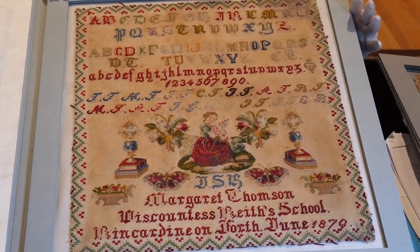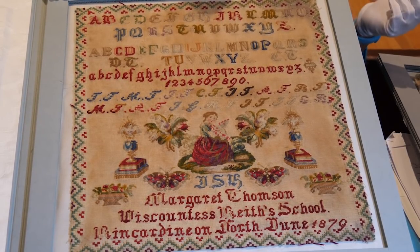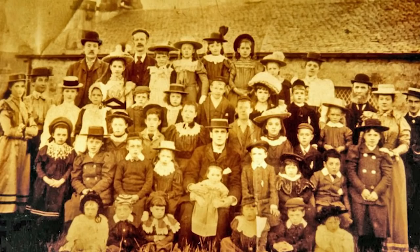Now we know that they were taught writing, and they were taught reading and arithmetic. And we also know that this school served as a prep school for a young lady who then went on to go to teacher training in Edinburgh. So it's very unusual to know this much about a schoolgirl situation where schoolgirl needlework was done, and even more